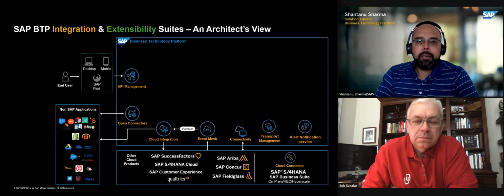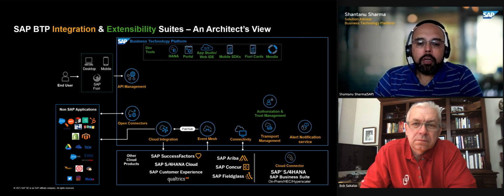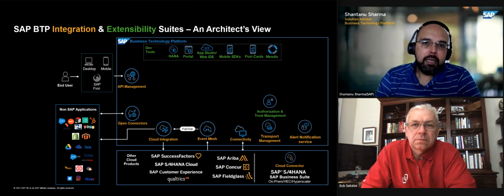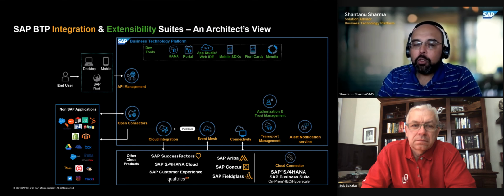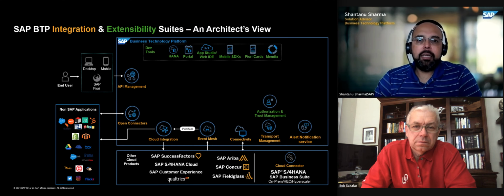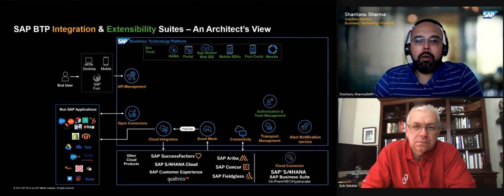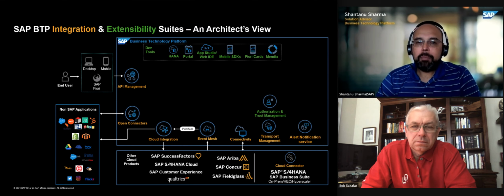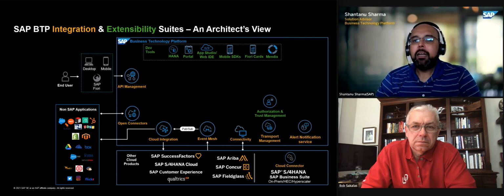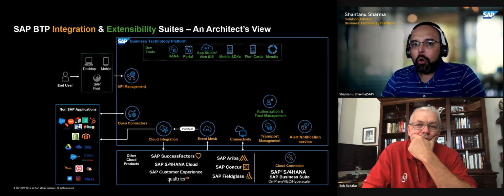Now, once you have the plumbing in place, the BTP also has tools for building new applications, for extending existing on-premises and cloud applications. These will be tools where you can basically write code. So the Business Application Studio is our primary tool for coding and application development, as well as other tools that are required for the application. Like if you have to persist data, things like HANA, an access point, things like Launchpad, no-code, low-code